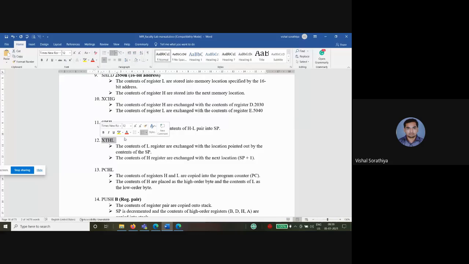लेकिन अभी मुझे उस डेटा के साथ प्रोसेस नहीं करना है, मुझे उसके साथ करना है जो अभी डी और ई में स्टोर किया हुआ है। तो अभी मुझे क्या करना पड़ेगा, अगर डी और ई में जो नंबर है वो मुझे एच और एल में लेके आने के लिए कितना प्रोसेस करना पड़ेगा कि भाई पहले इसको टेम्पररी कहीं पे स्टोर करो, बाद में डी का डेटा एच में लेके आओ, बाद में एल को कहीं पे टेम्पररी स्टोर करो, ई को वापस एल में लेके आओ, बाद में XCHG लाइकवाइज इंस्ट्रक्शन अप्लाई करो।